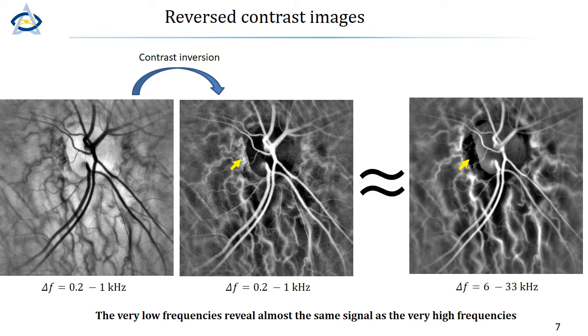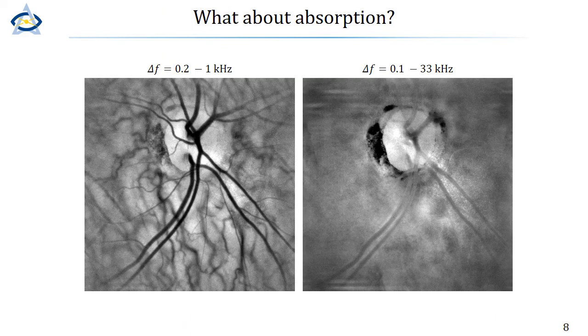But apart from that, the images are near identical, and it means that it's working at least good enough for the vasculature. Now, you might be thinking that it's just because of absorption that vessels are seen with a dark contrast on these images, and